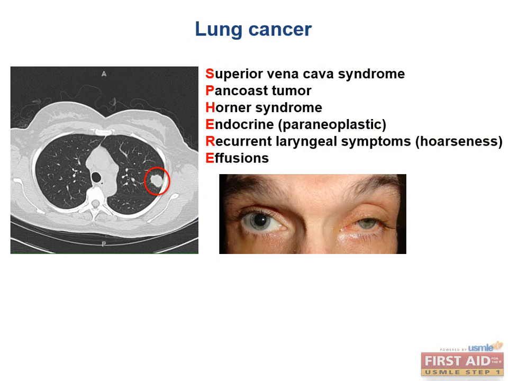So if someone has ptosis, miosis, and anhidrosis, as in Horner syndrome, and a cough, you may want to think about a lung mass. We'll talk more about these complications very soon. Okay, let's talk now about the different lung cancer types. As we go through the various lung cancers, keep in mind their typical location in the lung, whether or not they're associated with smoking, their associated symptoms, and histologic characteristics.